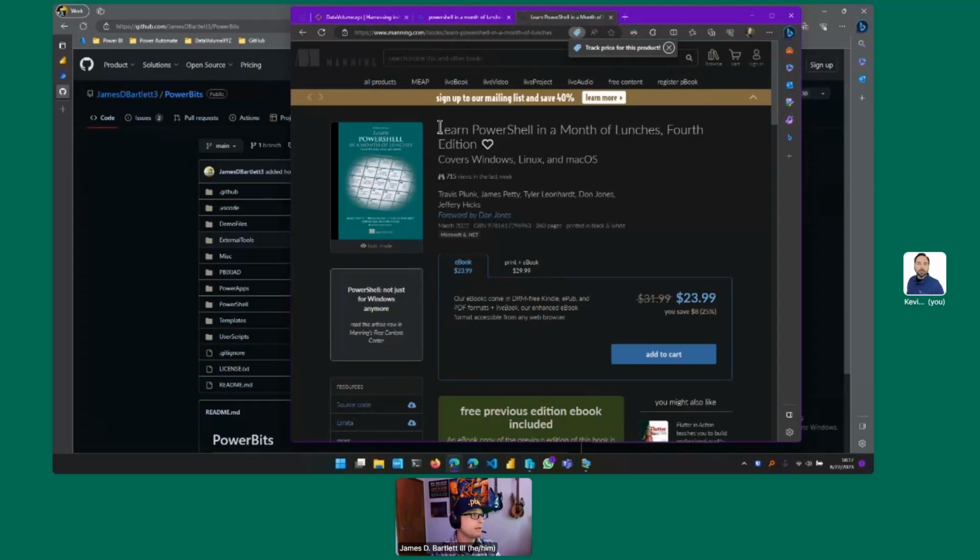This is a great book, and I love the way that it's formatted because it's structured so that you can spend about an hour each day for a month. So take your lunch break, and while you're chowing down, read through the chapter, ingest while you ingest, and then after about a month, you'll have a better understanding of PowerShell. Especially if you've been working along with it and actually trying out the stuff as you go along, then you'll be up to probably about where I am now in terms of